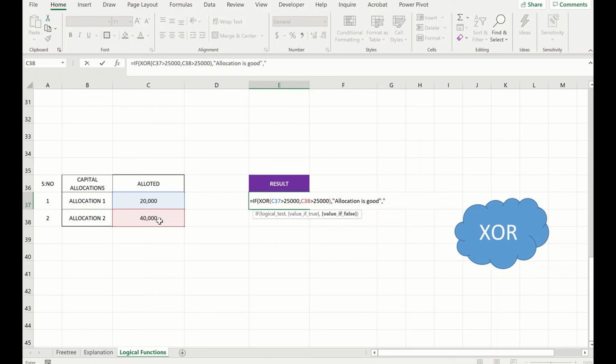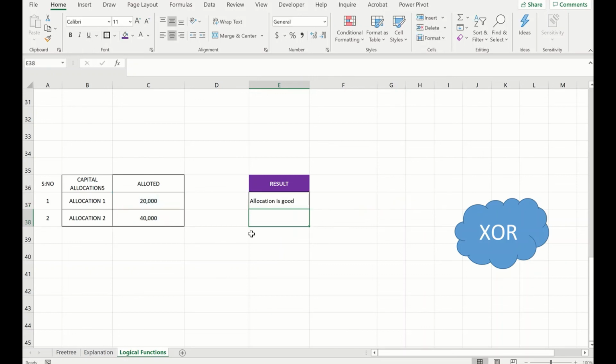If not, I say check allocation. Because we chose one less than 25,000 and one greater than 25,000, it looks good. If I change it to 40, it says check allocation again. So it's a very brief overview of how XOR works.